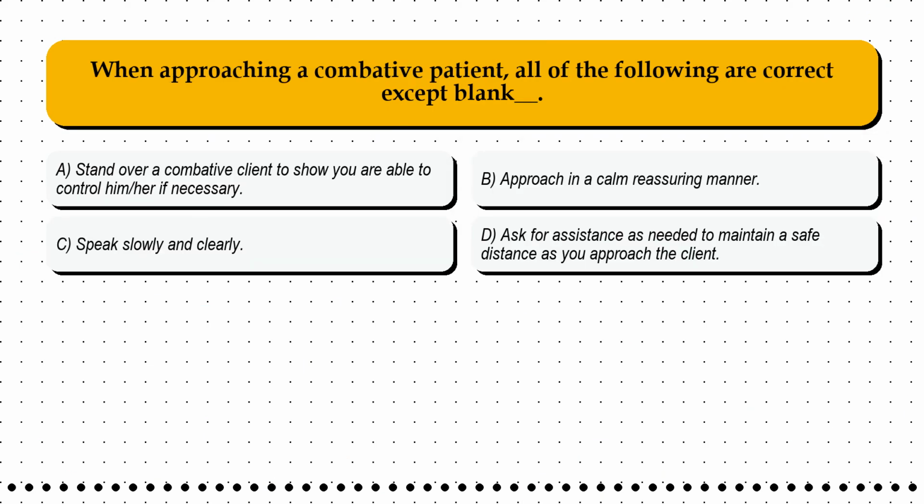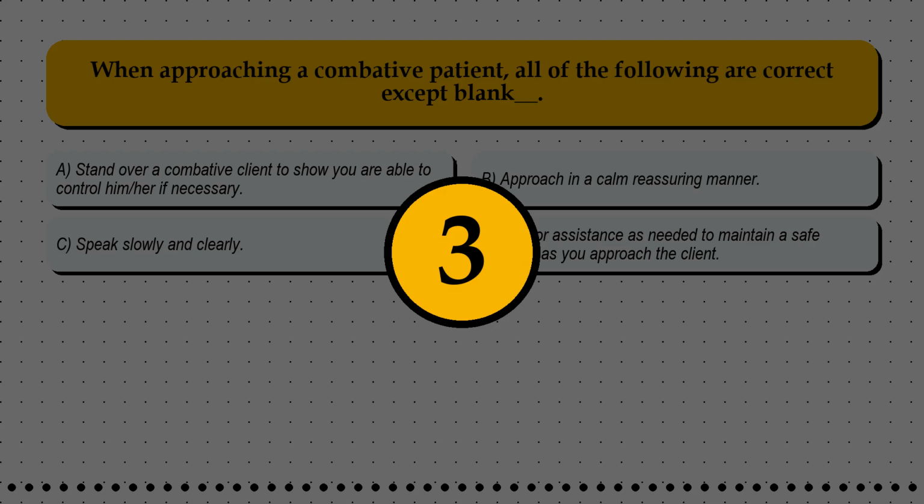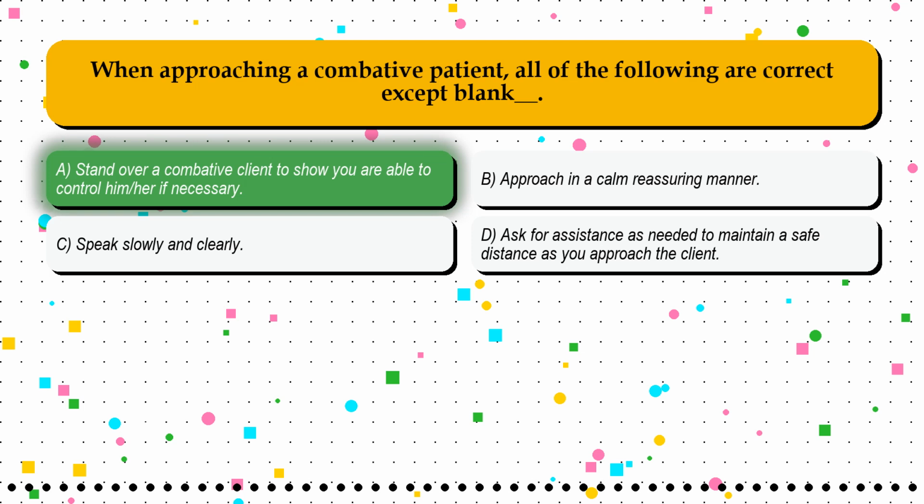Question 318. When approaching a combative patient, all of the following are correct except blank blank. Option A, stand over a combative client to show you are able to control him, her if necessary. Option B, approach in a calm, reassuring manner. Option C, speak slowly and clearly. Option D, ask for assistance as needed to maintain a safe distance as you approach the client. The correct answer is option A, stand over a combative client to show you are able to control him, her